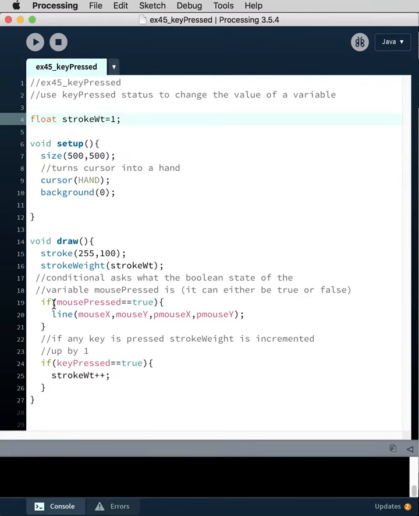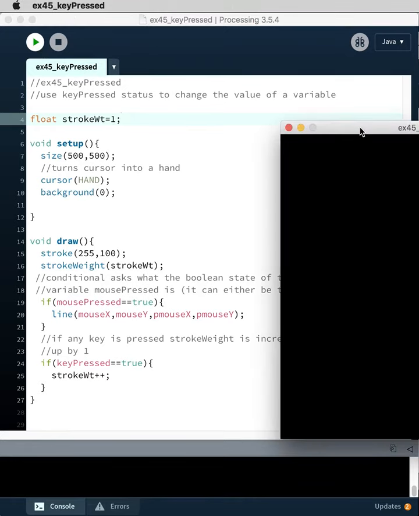And first we have the mouse pressed conditional. If the mouse pressed is true, we're drawing a line from the existing mouse position to the previous mouse position. And if key pressed is also true, then we increment up the stroke weight. So this is shorthand for stroke weight equals stroke weight plus 1. So if we play this, we will see